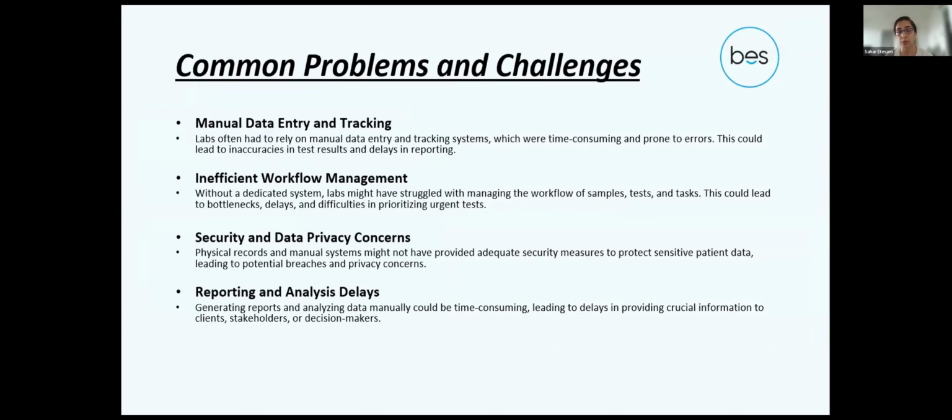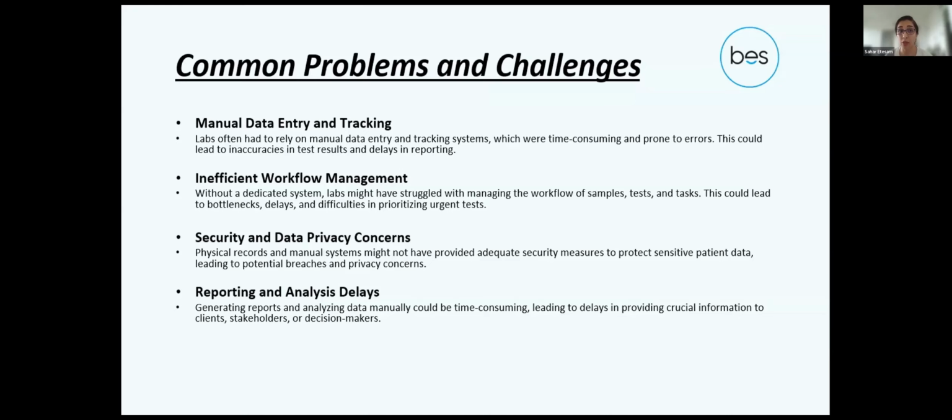Without a dedicated system, managing the workflow of the samples, tests, and tasks can be quite challenging. Labs may struggle with holdups and delays, making it very difficult to prioritize urgent tests. This inefficiency can significantly impact the overall productivity and turnaround time in the lab.